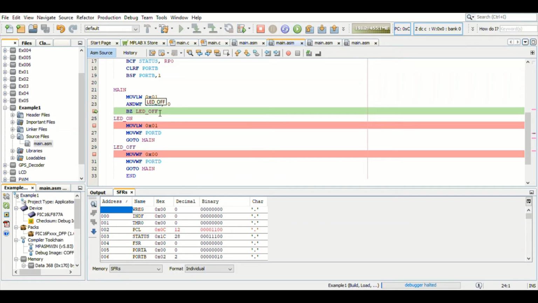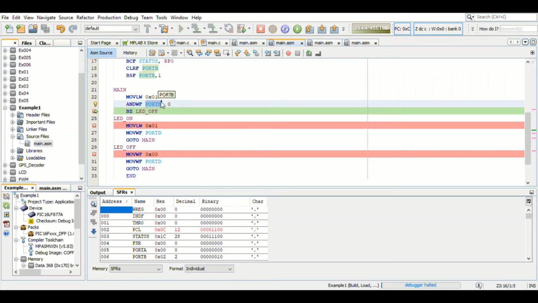That is because here what I'm doing is an AND of PORTB with 0x01. So what will happen here is, if PORTB's pin 0 is 0, then my result will be 0.